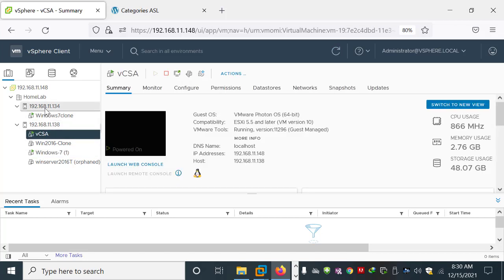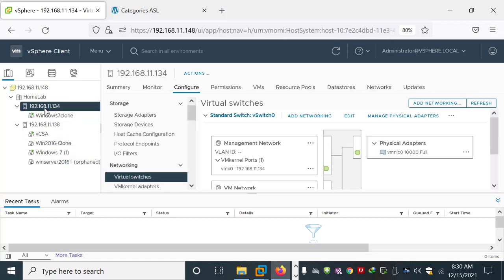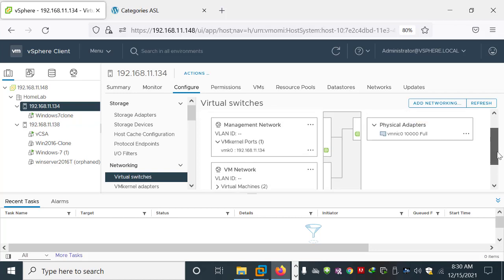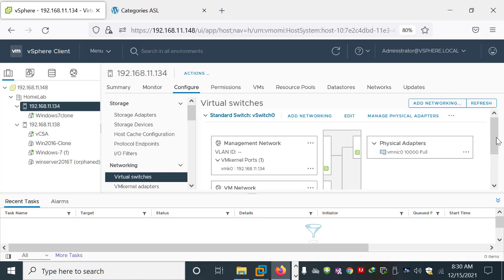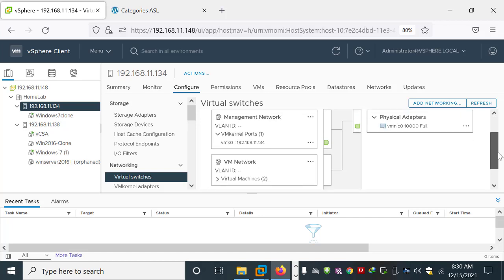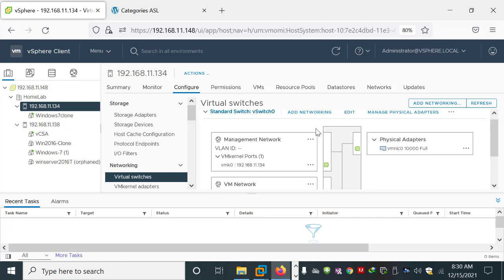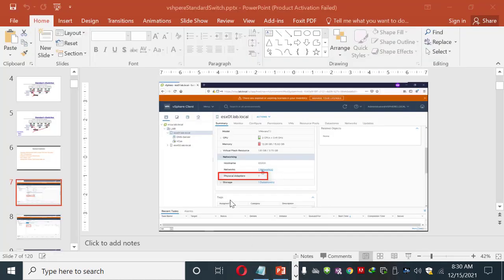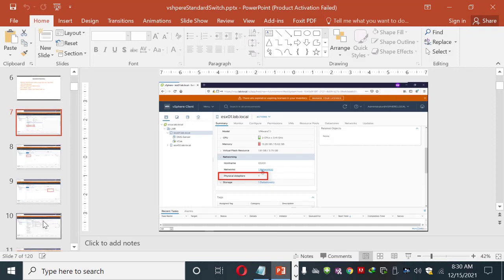So let's move to the first ESXi host, and as you can see now, I have a switch over here. By default, when we install any VMware server or ESXi server, it will create a standard switch automatically. So as you can see, this is a switch, as I showed in my slides.